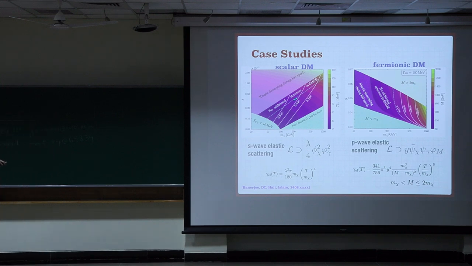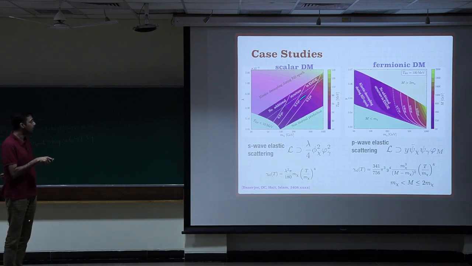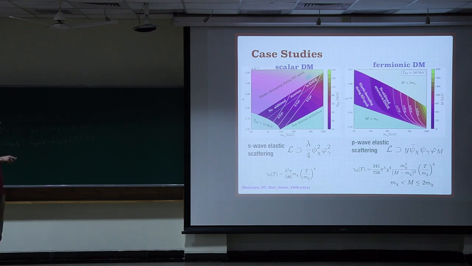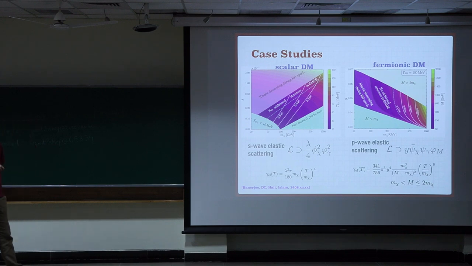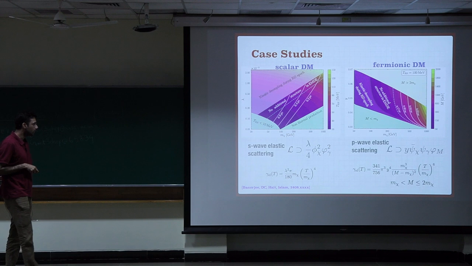So anything below this straight line and in that colored region has more structures in the dark matter halos as compared to the standard radiation picture, and above this there are no additional structures. Similarly, in the case of fermionic dark matter, one can also delineate the parameter space where there will be more structure versus less structure. And I just flash the elastic scattering in these two cases.